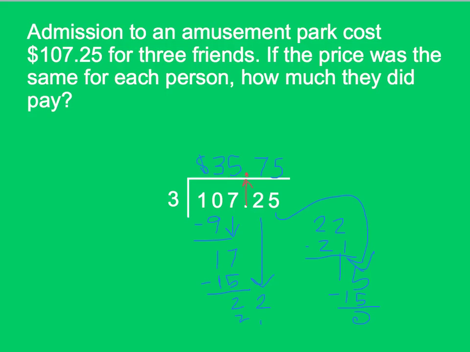We're done. That's it. And I could always check this. I could always double check by multiplying these two numbers out, or I could look at an estimate. I could do 100 divided by 3, or 120 divided by 3. That's kind of a stretch. But you could find a compatible number and figure out an estimate and figure out whether or not your quotient